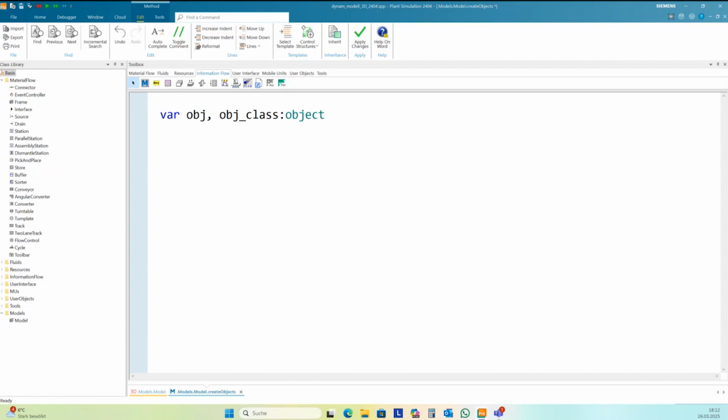I want to run loops here in my program, and so I need some iterators for the loops. I have 2 here.